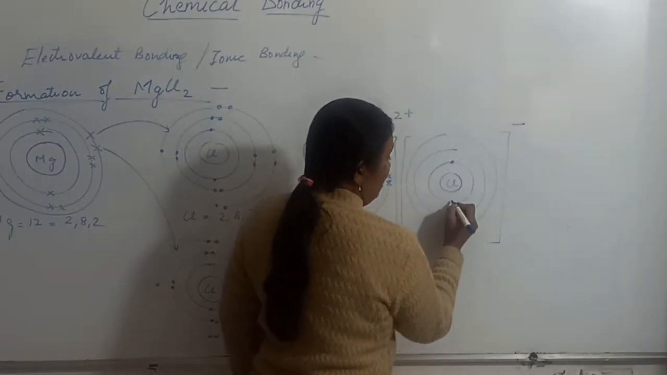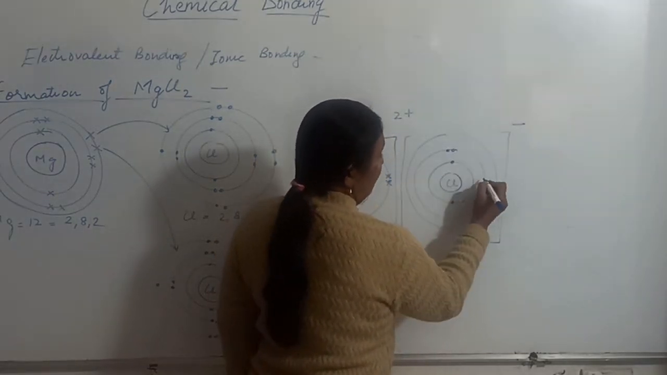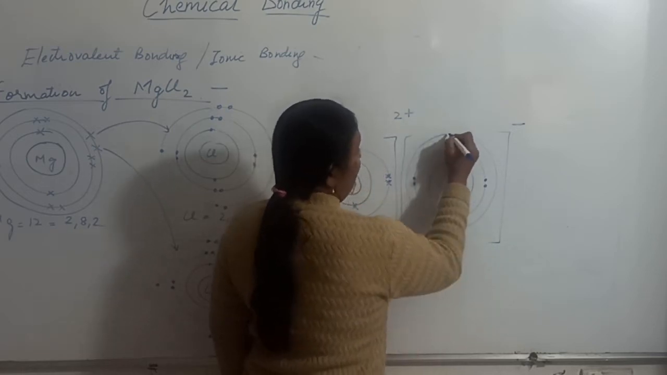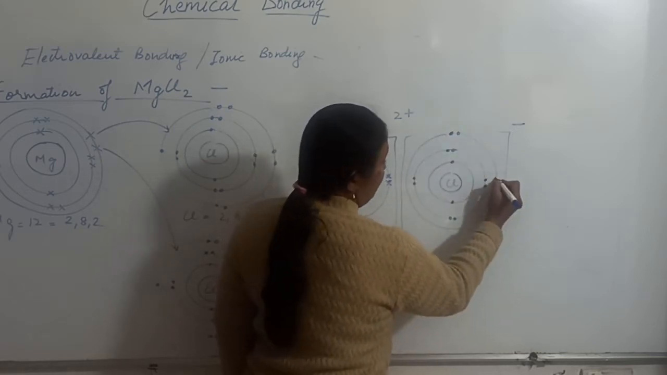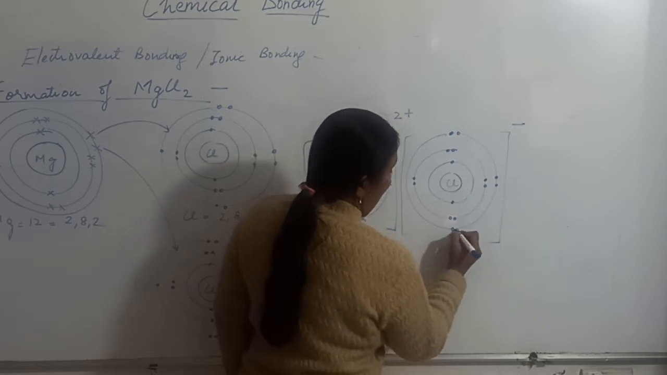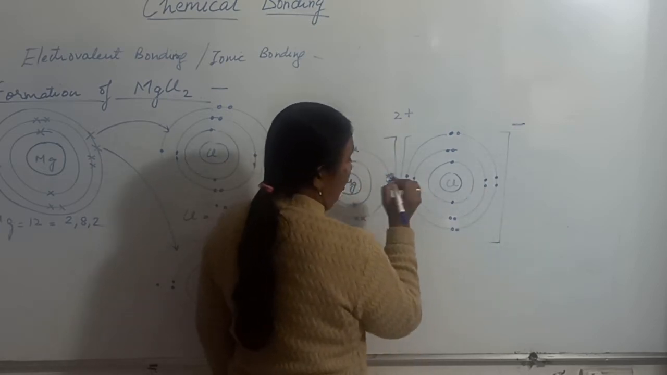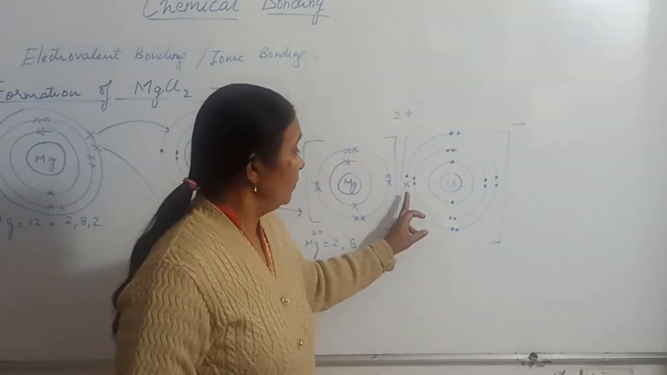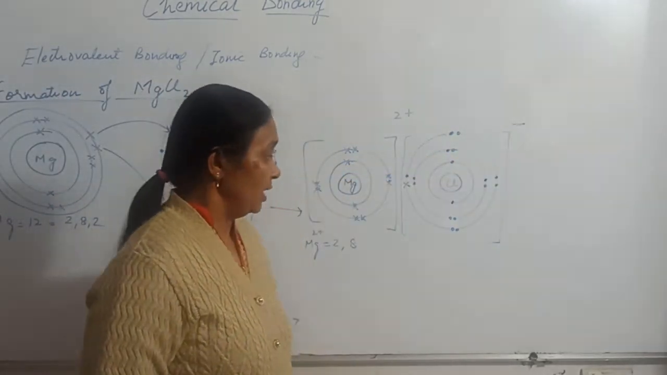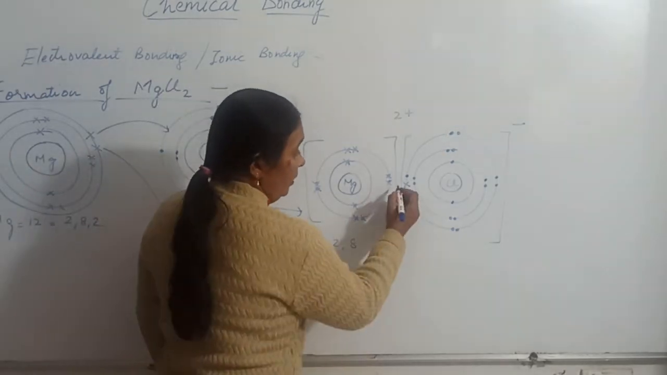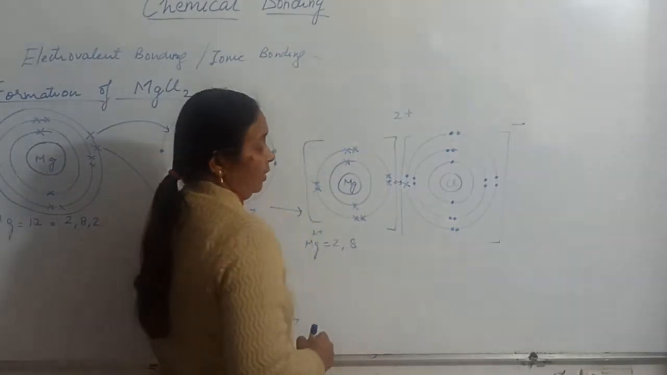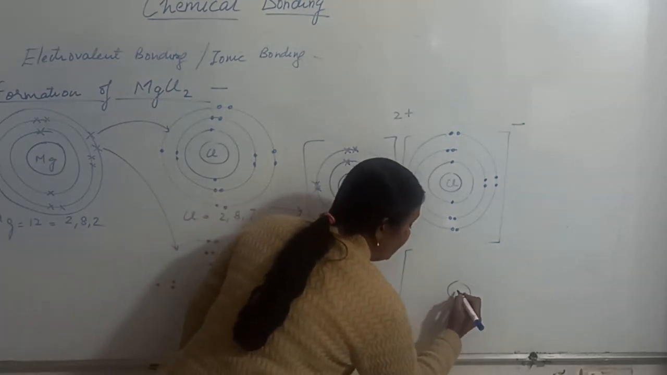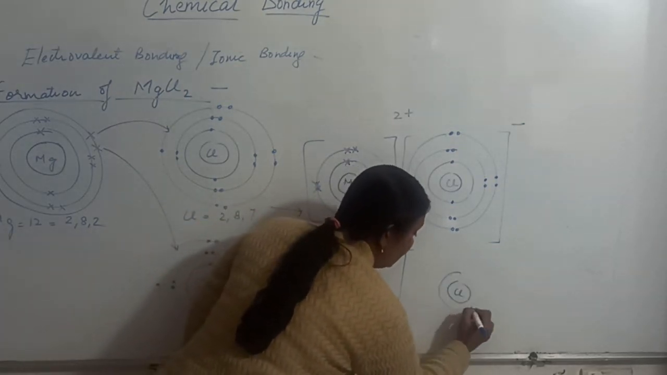So first shell 2 electrons, second shell 1, 2, 3, 4, 5, 6, 7, 8, third shell 7 of its own, and 1 from magnesium. So this chlorine, after gaining 1 electron from magnesium, will have a negative charge, and there will be an attractive force between both the magnesium and chlorine, and another chlorine is also drawn like this, Cl, first